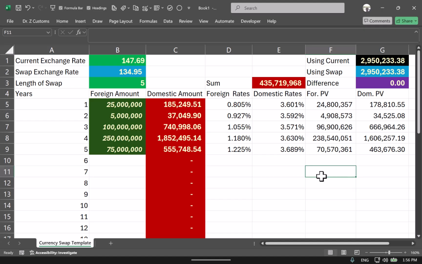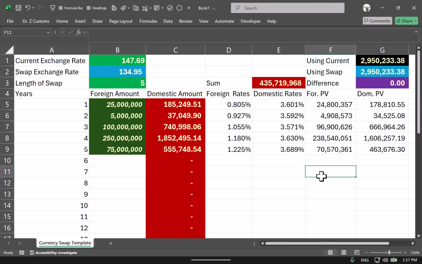Then I calculate the present values of each using interest rates of each currency. I add up those present values, and basically the present value of the domestic amounts. Let me see. No, I calculate the... I mean, you can do it either way, but I calculate the present value of the future foreign amounts,